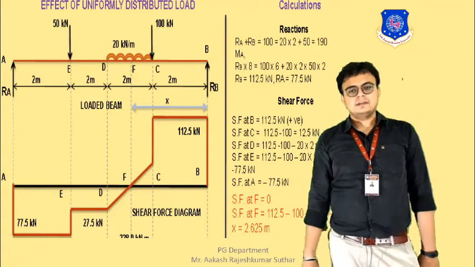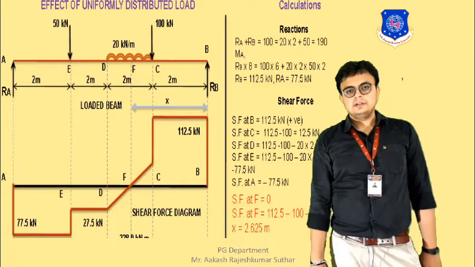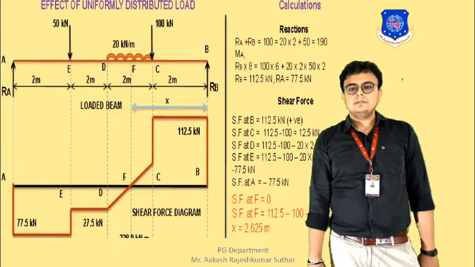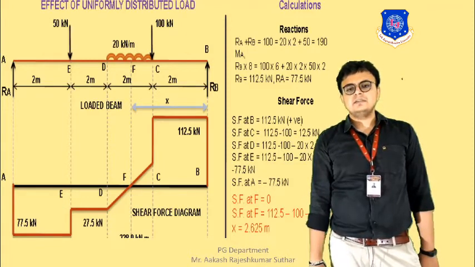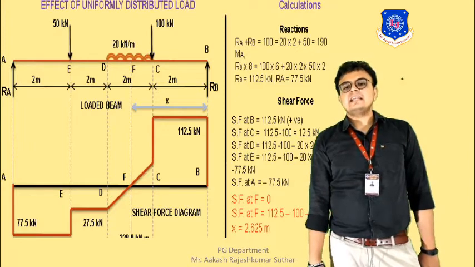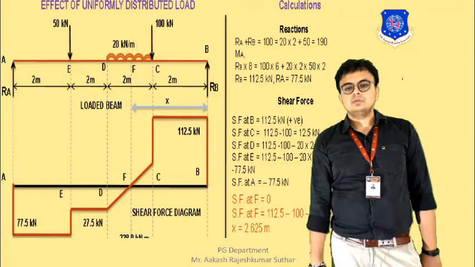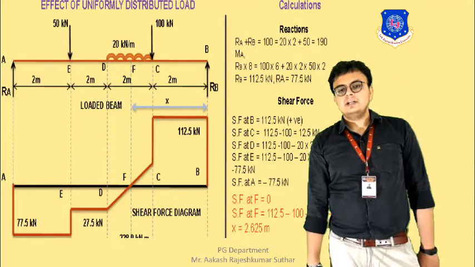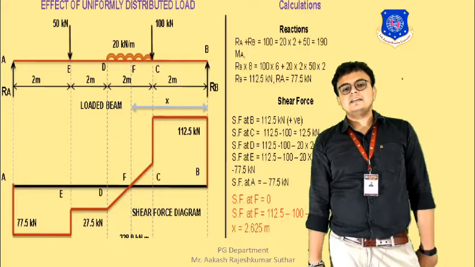As our step says, we need to find the reactions first of all. So first we will be finding the reactions. Here we can see that Ra plus Rb is equal to 100 plus 20 into 2 plus 50. Ultimately, if we take the moment at A,